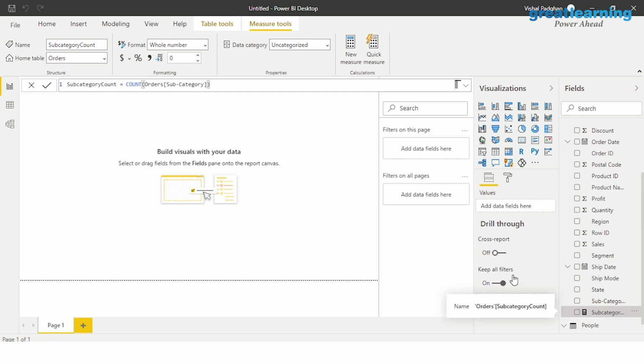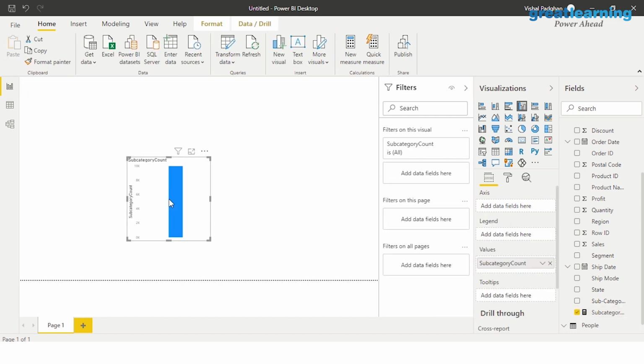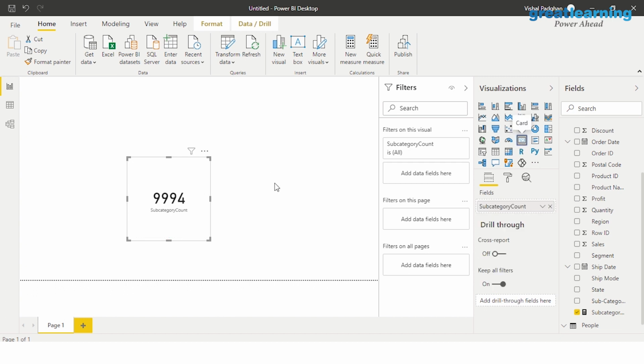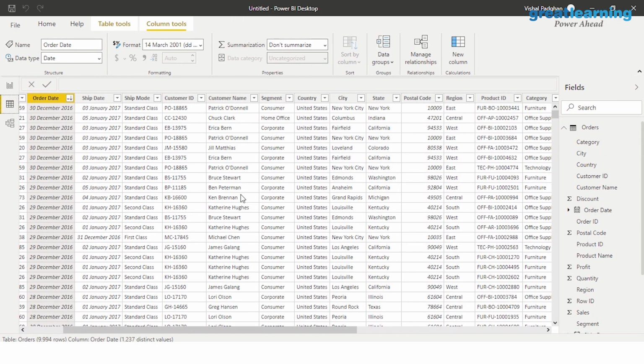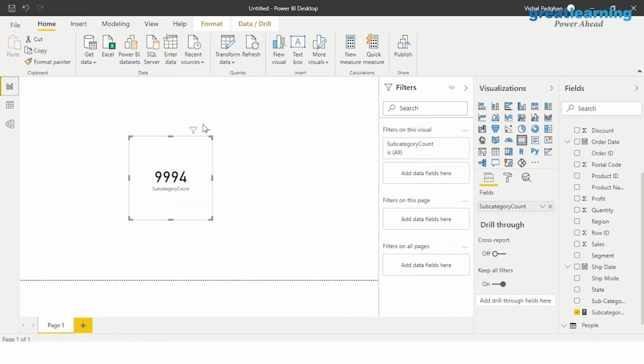You see, so if I come here and drop it here, it creates a bar graph for me. Okay, we'll understand all these graphs and stuff, but I want to check whether the count is correct or not. So there's a visualization in Power BI called card visualization. It gives you this number, suggesting that there are these many subcategories, and that is the subcategory count, and that is the count that we saw here at the bottom, isn't it? 9994. So it is giving us right and exact values that meet our requirements, isn't it?